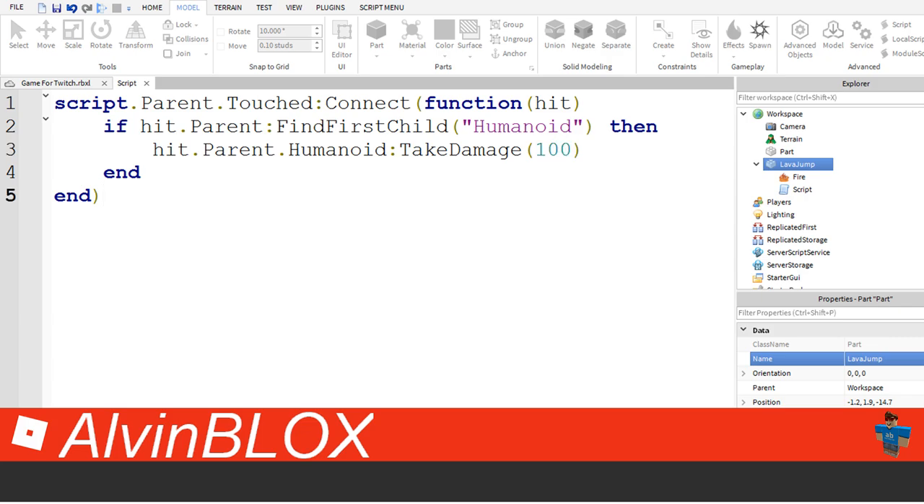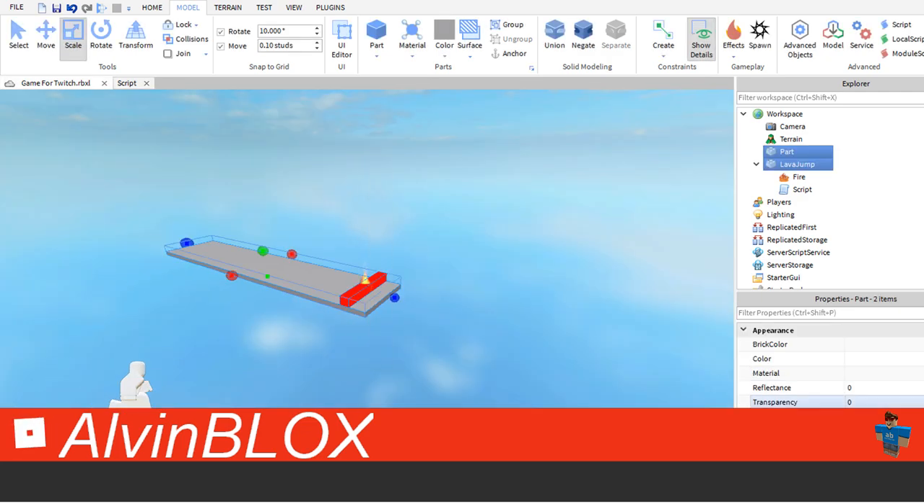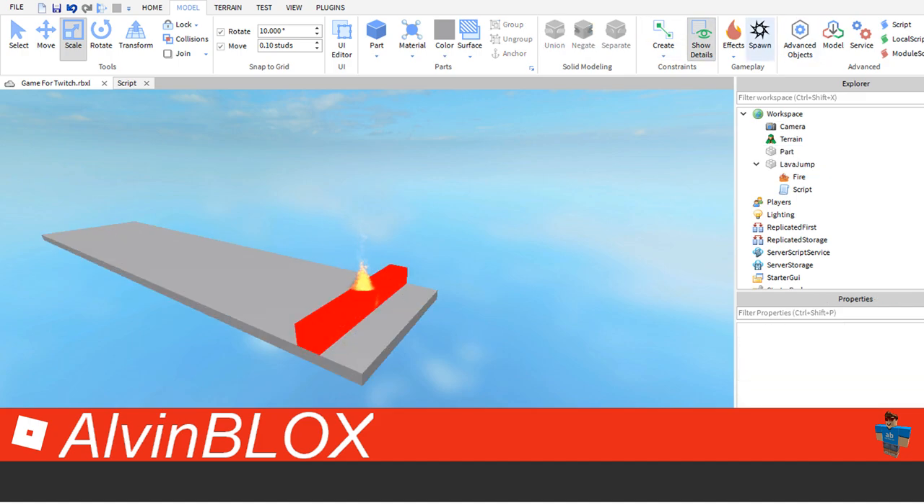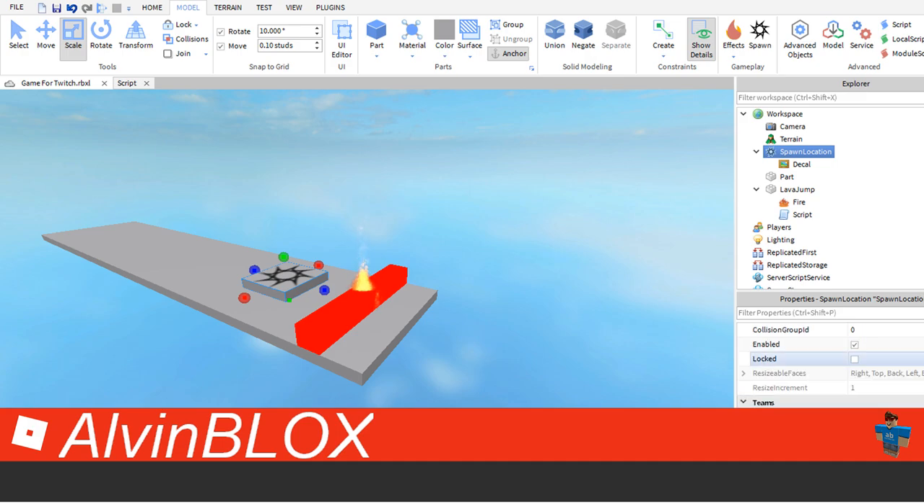So that is how you make a simple lava jump. So let's test this out. We're just going to select all of our parts and anchor them in the properties tab. This means that when they're anchored, when they're in the air, they're not going to fall down to the ground. They're just going to stay where they are. And I'm also going to insert a spawn onto the brick, so that we can instantly spawn onto this part, so that we're not falling into the ground. So let's just play the game,